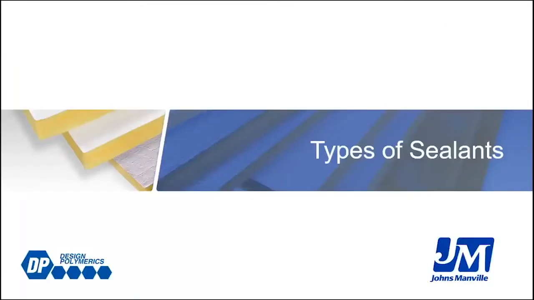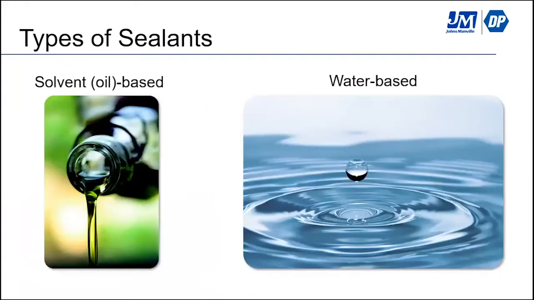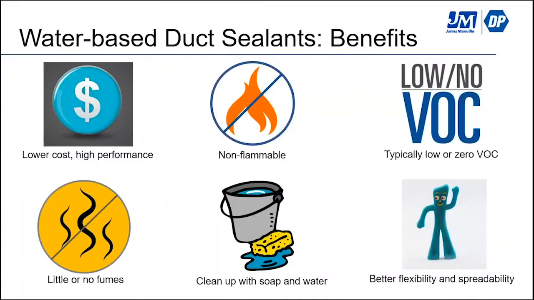Types of sealants. There are basically two types of duct sealants, water-based and solvent-based. When I first started in the business, 90 to 95% of the duct sealant was solvent-based. Over the years, there's been tremendous increases in the technology and the quality of water-based polymers, and now that's almost flipped. We're seeing 90 to 95% water-based and the remainder solvent-based. We're going to spend most of today talking about the water-based side of the duct sealants. The advantages, the benefits of water-based duct sealant,